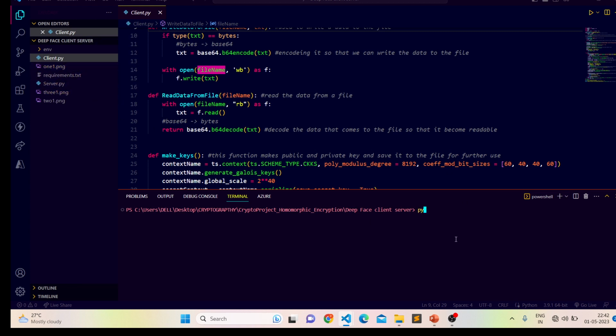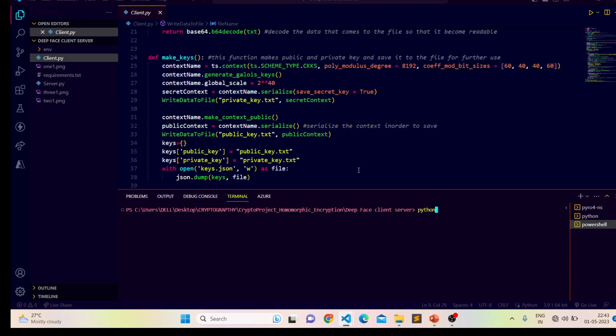First let's start the environment variable, and then the name server. Okay, now let's run the server. Now the server is started. Now let's execute the client.